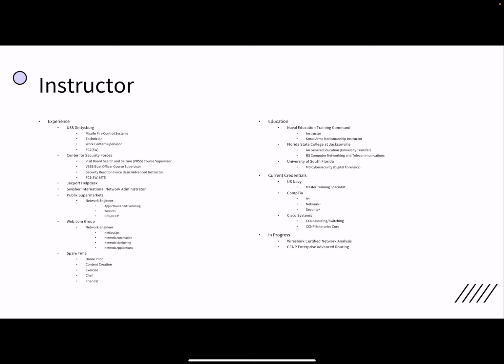So I have my MTS, which is Master Training Specialist, and still current are my A+, Network+, Security+, CCNA Routing and Switching, CCNP Enterprise Core, and this slide's a little out of date because in progress I have a Wireshark Certified Network Analyst, which is going to be a much longer certification, but I've got CCNP Enterprise Advanced